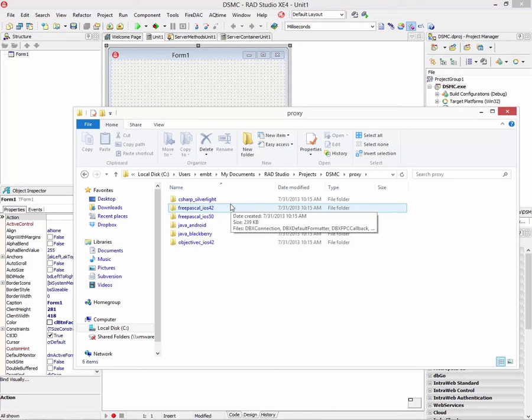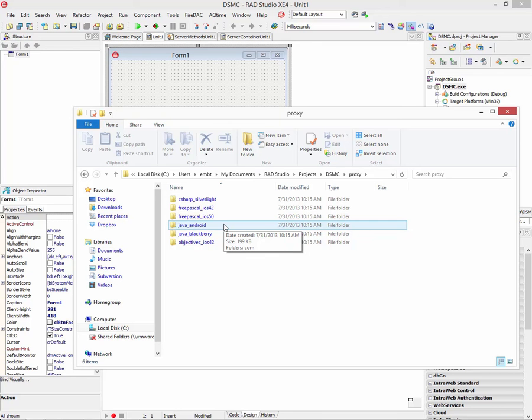So these are the static proxy files that get generated for each of our supported mobile platforms using the DataSnap mobile connectors. So what these static files are, if we look at them, are source files that the generated